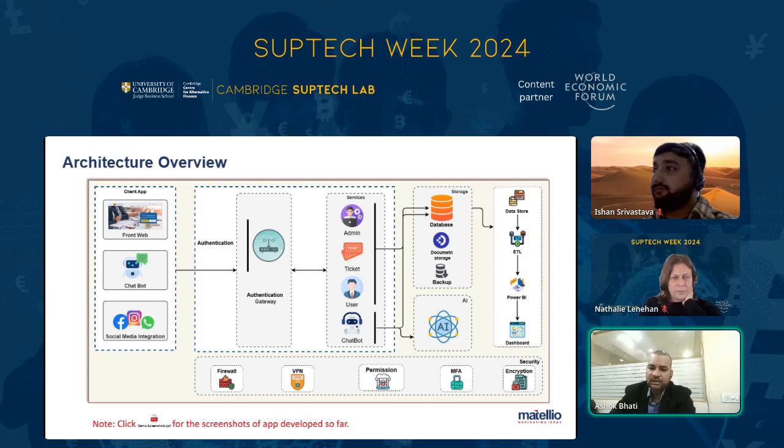Web applications provide users with an intuitive platform to log in, file a claim, check the progress, and manage their account. An AI-powered chatbot offers them real-time assistance, and web and social media integration is done with the chatbot. So the infra is built with a secure authentication mechanism, which is the second layer.